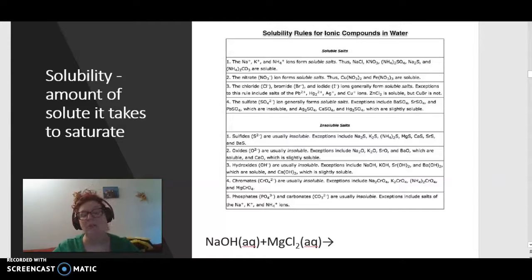So remember when we were talking about a saturated solution? Well, depending on what the solute is is going to determine how much can be dissolved. And here we also use terms like soluble and insoluble. And basically, as you can see by the slide, solubility rules